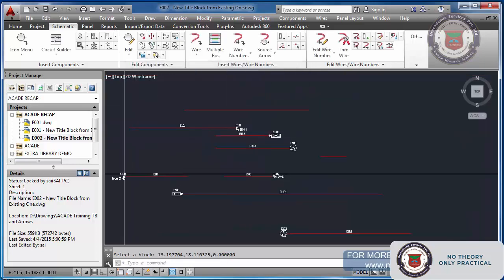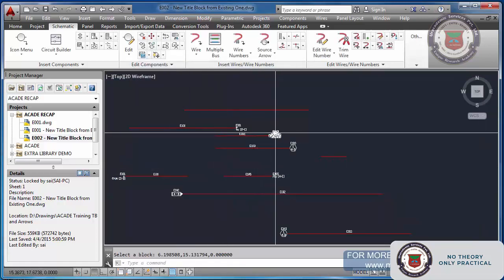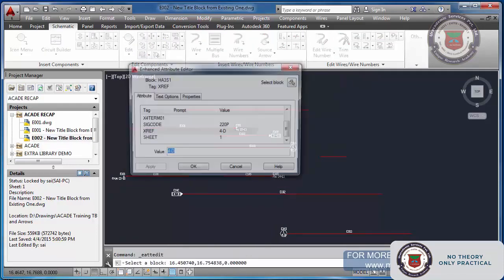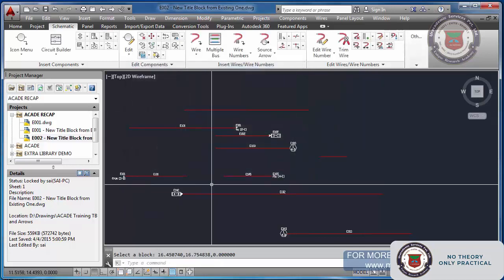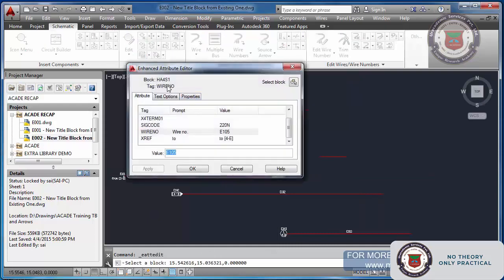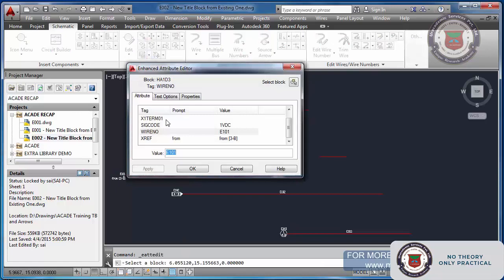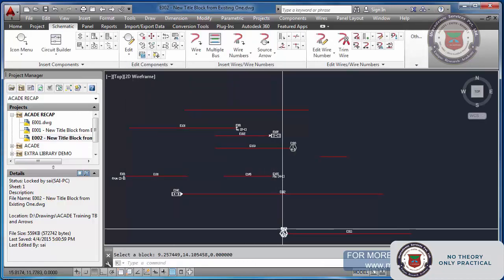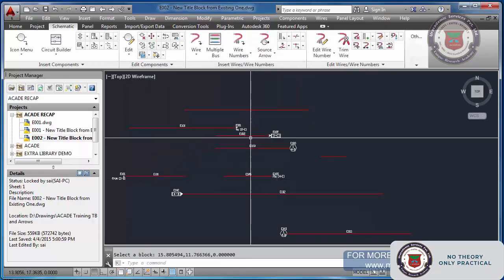If you click this one, you will come to know the second one. This is second style, source. And if you click this one, this is 3rd style, source. In the same way, this one is 4th style and source. This is destination, D for destination. And these are the blocks readily available within your library.